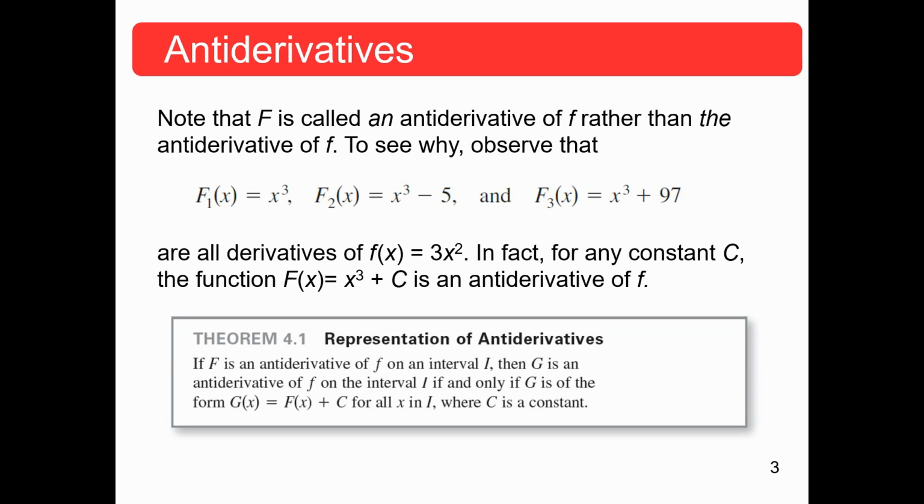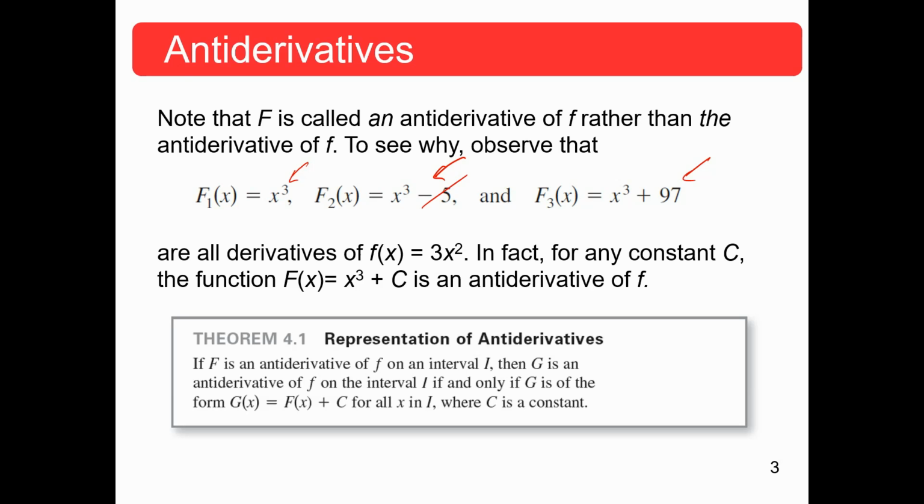To see why, we can look at three different functions here. Let's let F be x cubed. Let's let F be x cubed minus 5. Let's let F be x cubed plus 97. Notice that all of these are antiderivatives of f of x equals 3x squared. Because if I take the derivative of x cubed, I still get 3x squared. If I take the derivative of x cubed minus 5, because that constant is 0, I still get 3x squared. Same thing here. Any constant c added to x cubed is going to give me an antiderivative of